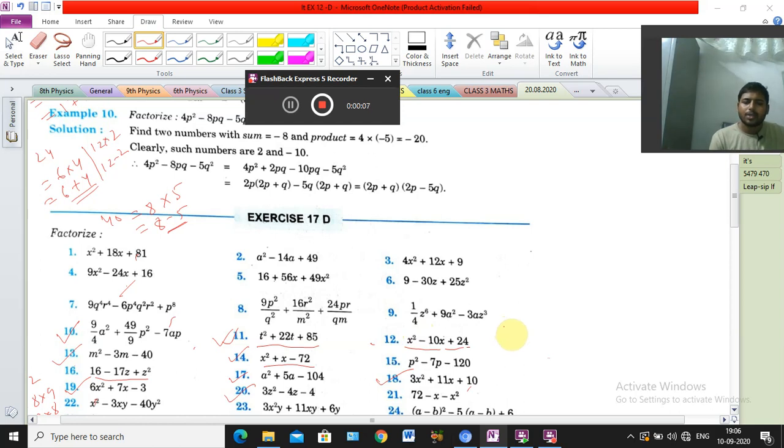So now I will discuss the remaining problems of exercise 17D, that means the remaining problems of factorization. Okay, so you should get ready, everyone. We have already covered most of the problems, so today we will finish this chapter. At first you should try, because these are easy problems, the concepts are the same, same type of problems, basically only the data are different, so you can try also. Even in doubt you inform me, I will help you. Okay, so now let's start, everyone.